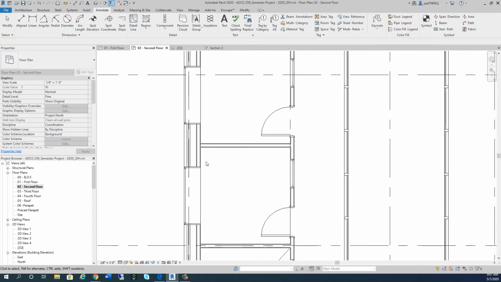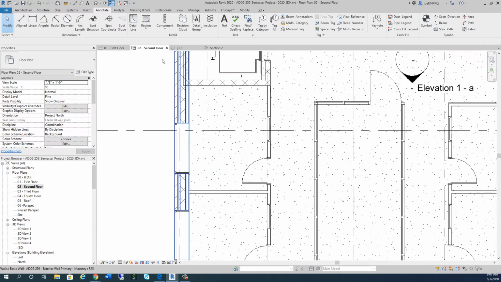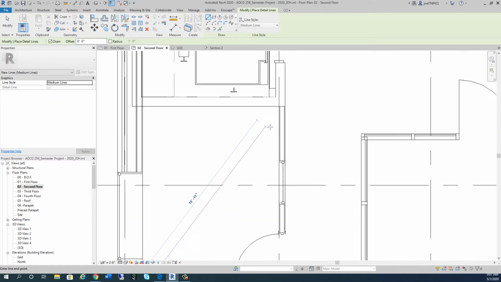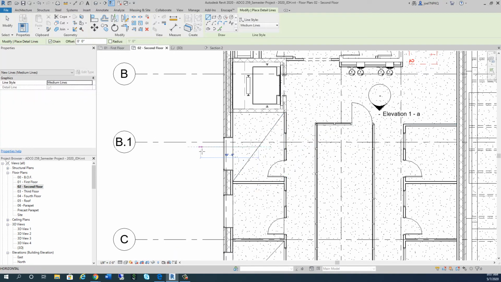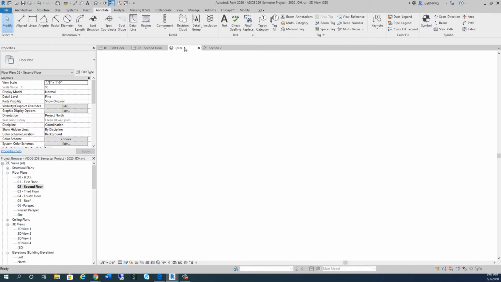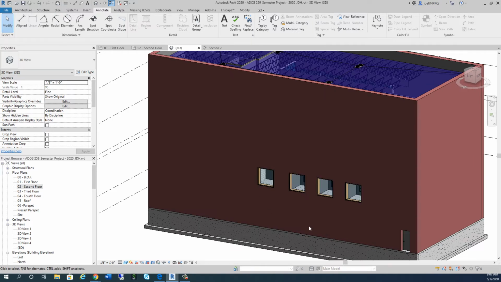Now, this office here is more of a bigger size office. That one isn't quite centered in that room. So I'll just grab a detail line again, and I'm doing this because I want you to see something from the outside, because oftentimes we're more concerned about how some of these windows will look from the outside. So let's take a look. As I look at these, there are those 4 windows in the building, and how they look from the outside. And if I go to a west elevation,